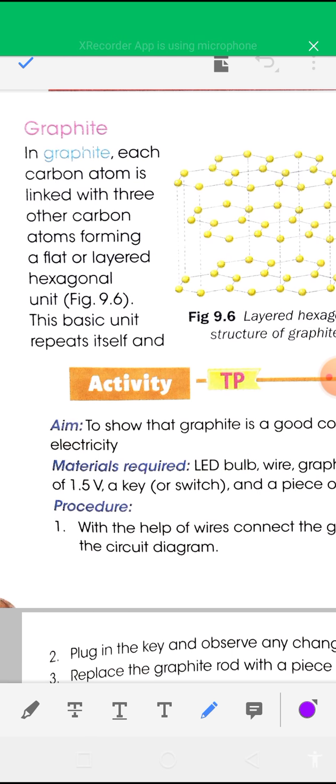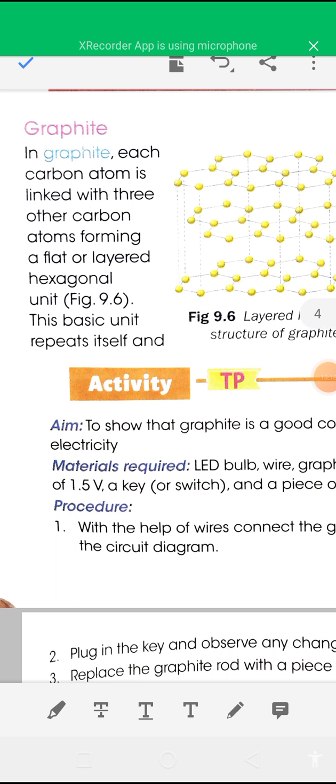Next, the crystalline allotropic form of carbon is graphite. The structure of graphite is shown in figure 9.6. Layered hexagonal structure of graphite. In graphite,